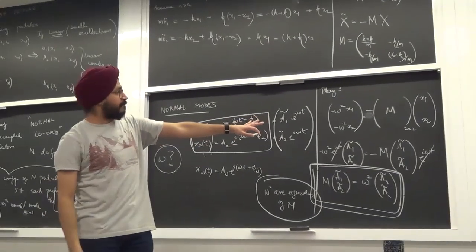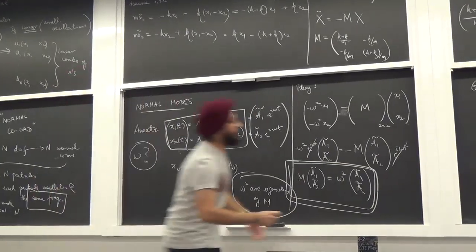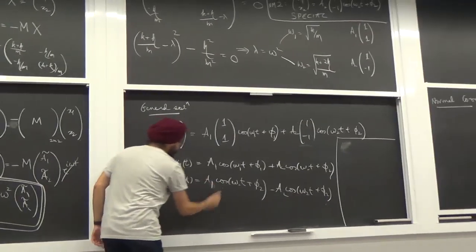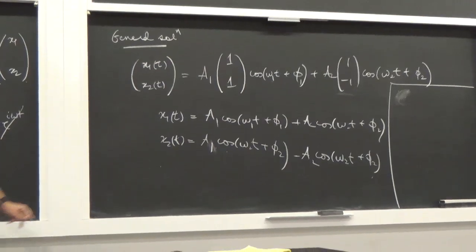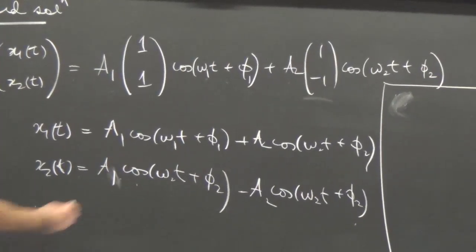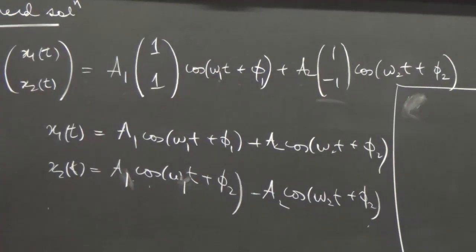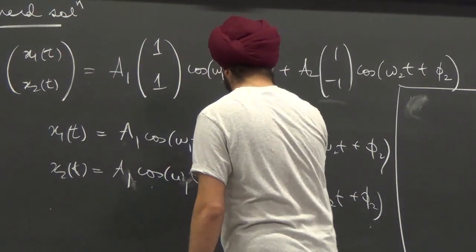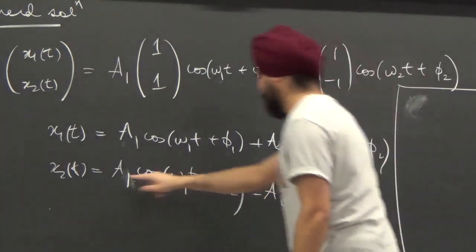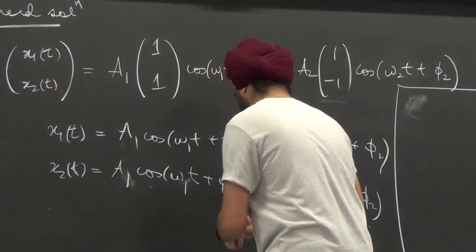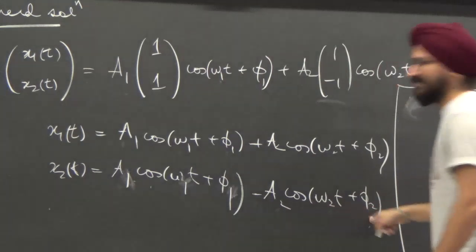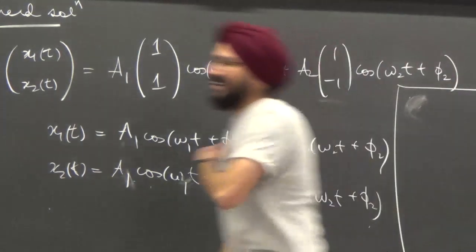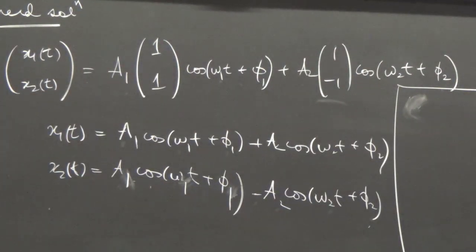Okay, question. This is important. Oh yeah, so for the second equation, it is A1, omega 1, phi 1, A2, omega 2, phi 2, A1, omega 1, phi 1, minus A2, omega 2, phi 2. Thank you so much. Yeah, I didn't sleep. I don't ever sleep, I think. See, I'm lost.